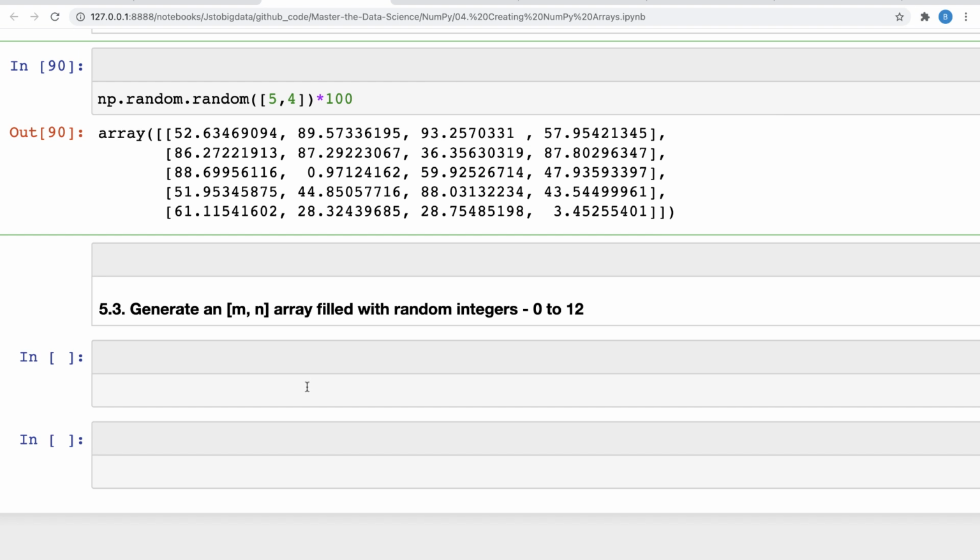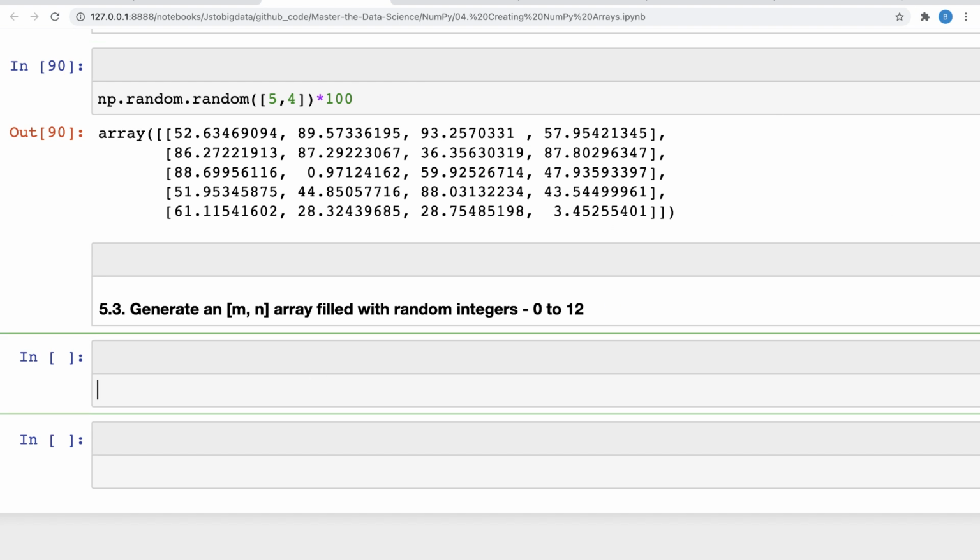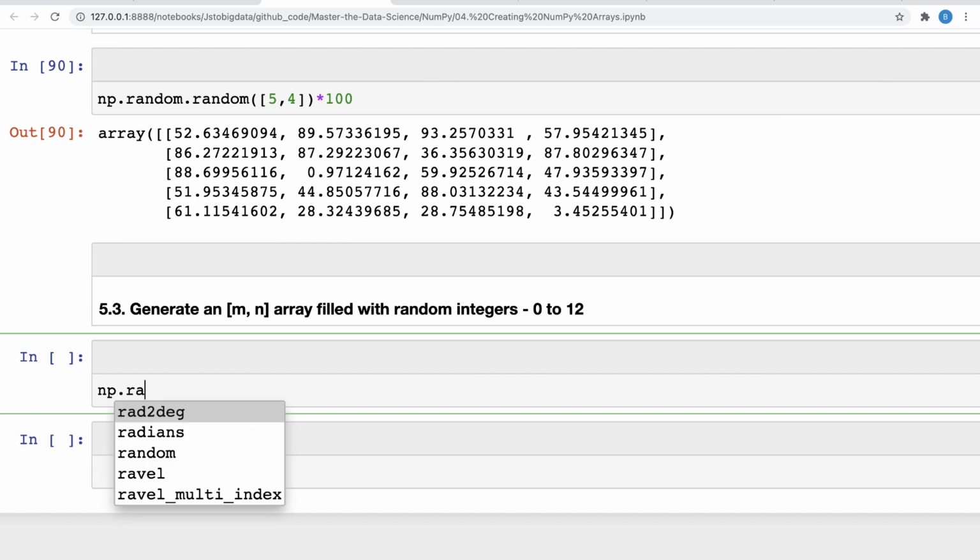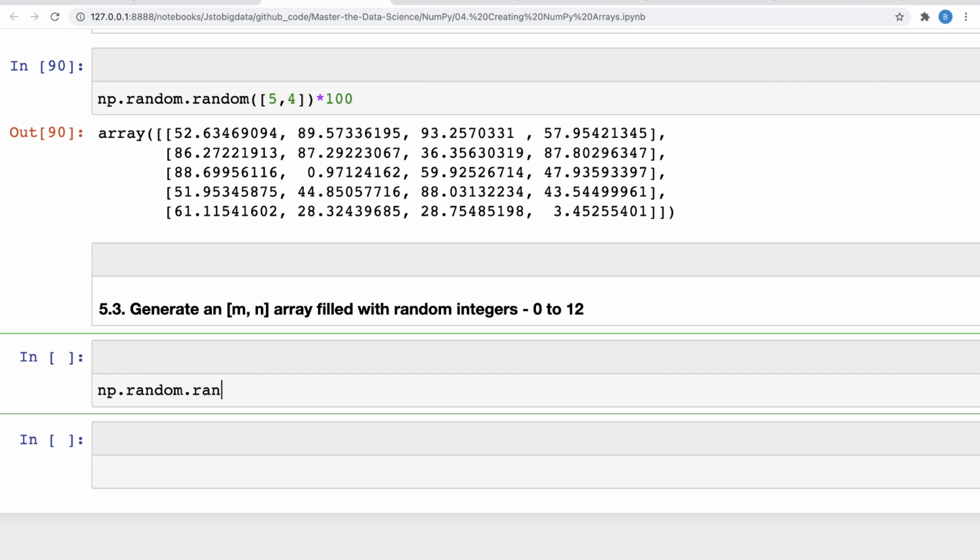And another question is there, like how I can create one which is between 0 to 12 but of the type integer. So again it would be the same thing to do. You would do np.random, okay, and the random function, and you would pass the dimension which is of the type m by n. So let's pass again 4 by 5, and you want it to be between 0 and 12, and remember you have to pass this inside a tuple, so I did that, into 12, right?